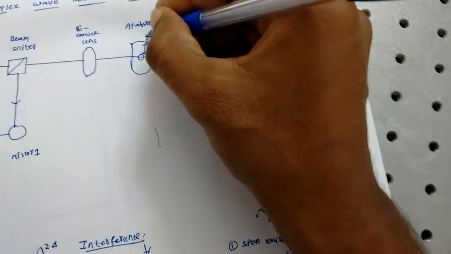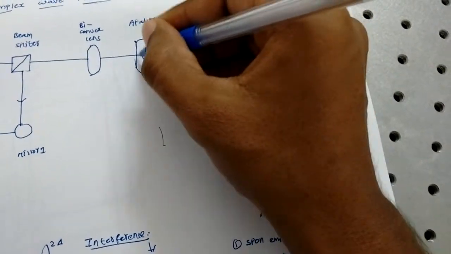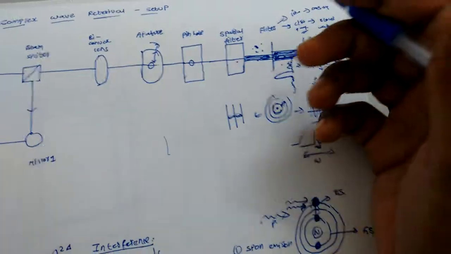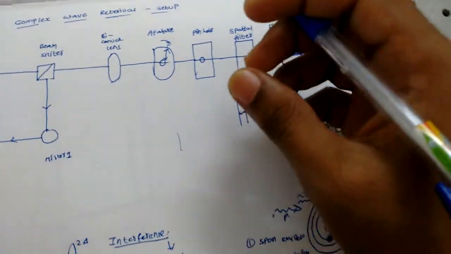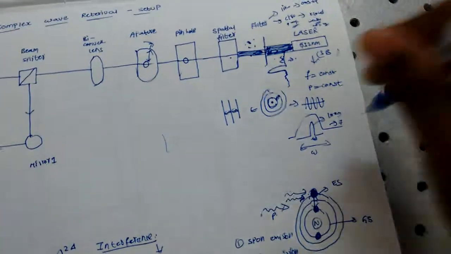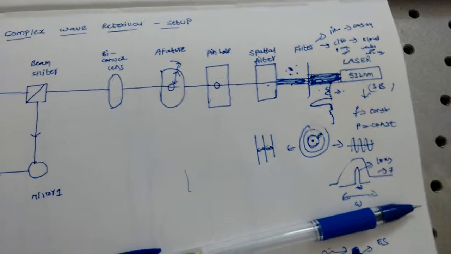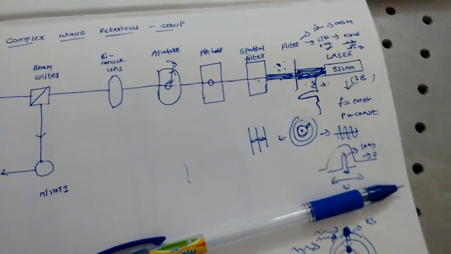When there is a pin like this, if you move it like this, the hole size will increase. The more you increase the size, the more light will enter. The more the hole reduces, the less intensity will travel. So this is called an aperture. A smaller opening lets in less light and a bigger opening lets in more light.